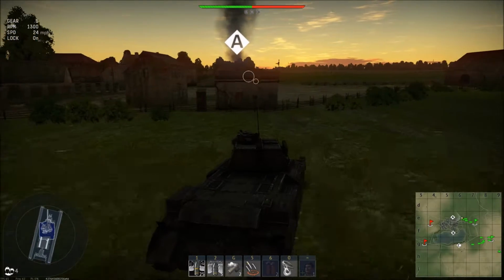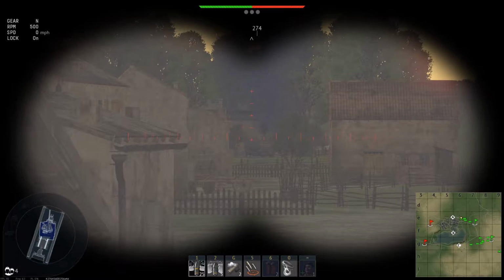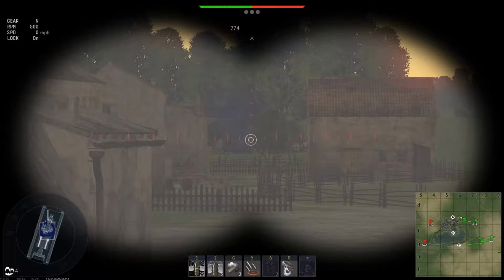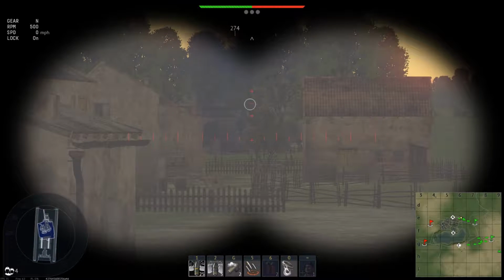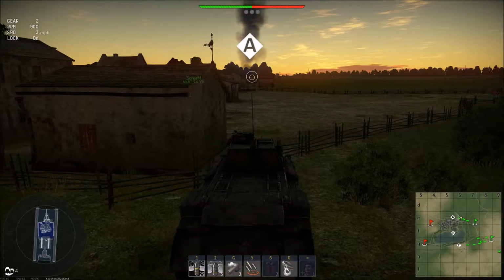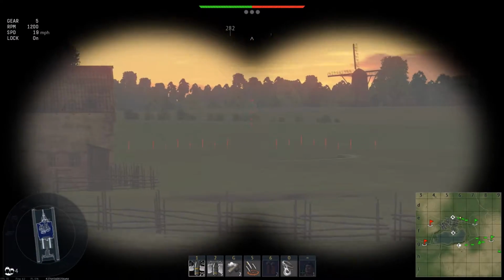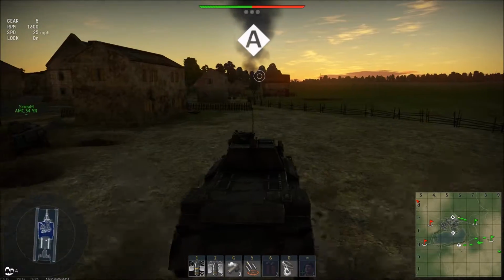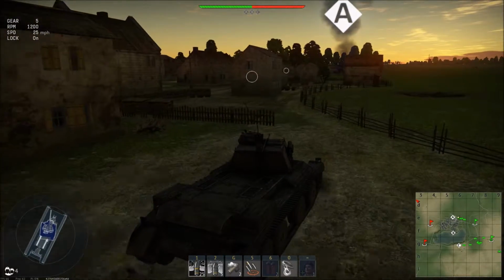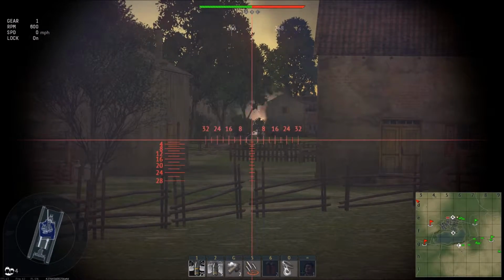I like to get a little bit lost inside the buildings, do some urban combat and such. Now, looking through the binoculars down at the gap where enemy tanks sometimes drive down. Doesn't appear to be anyone down there, so I'm moving up to the buildings up ahead, nearer to A. French tanks got themselves stuck in a crater. Drive through a fence. And I think I can see...